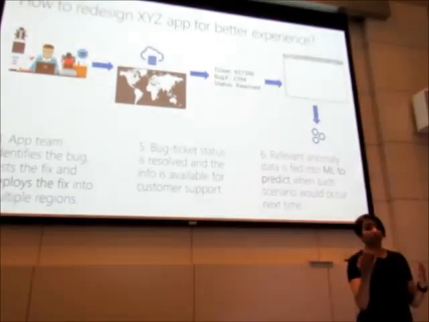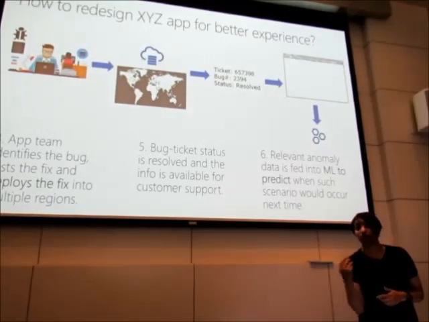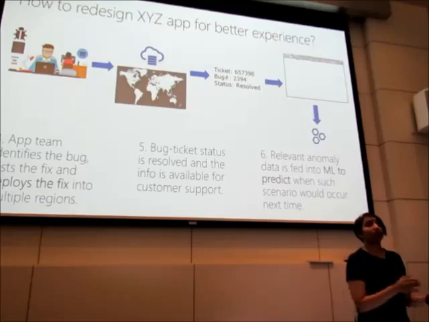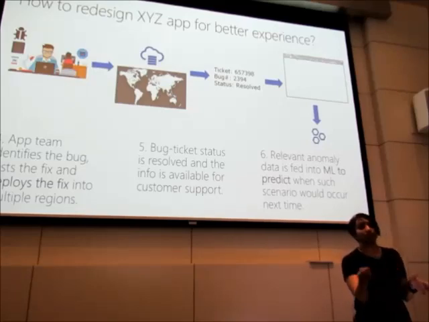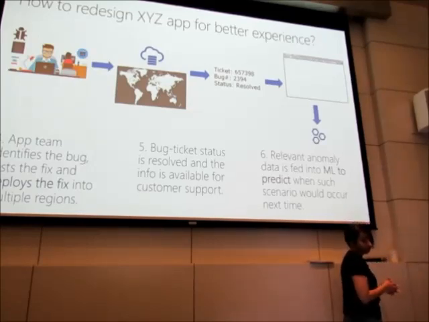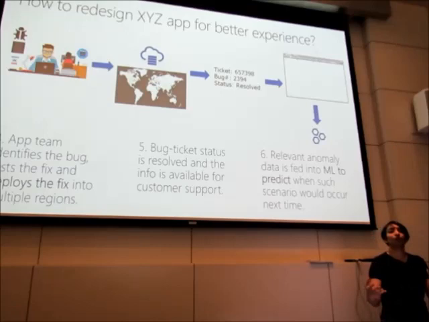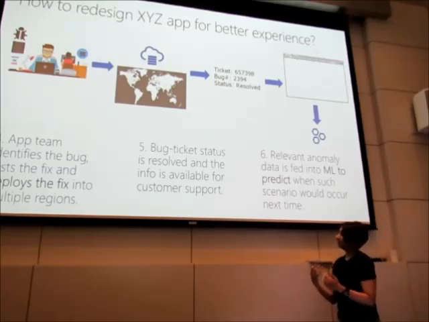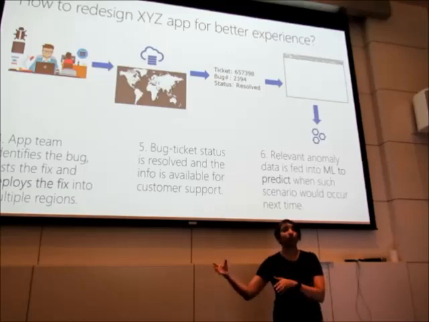Or otherwise, hey, no, this is genuinely my application problem. There was a new release last weekend, and that kind of screwed up my page load times. Now I'm rolling it back and fixing the performance of that small change that went in last week. You see, right? So the application team defines, identifies, and also deploys a fix. And once that fix is done, this ticket is already available.